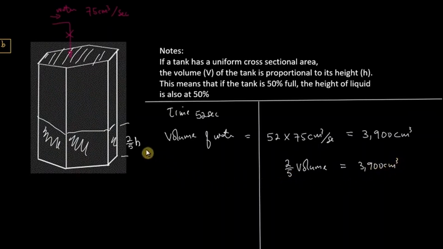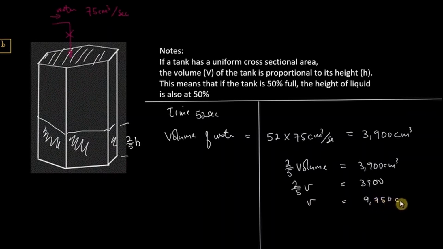Because the height is directly proportional to the volume. If the cross-sectional area is uniform, the height will be directly proportional to the volume. So I can say 2/5 of the volume is 3,900. So I could rewrite 2/5 V is equal to 3,900. Therefore, V is equal to